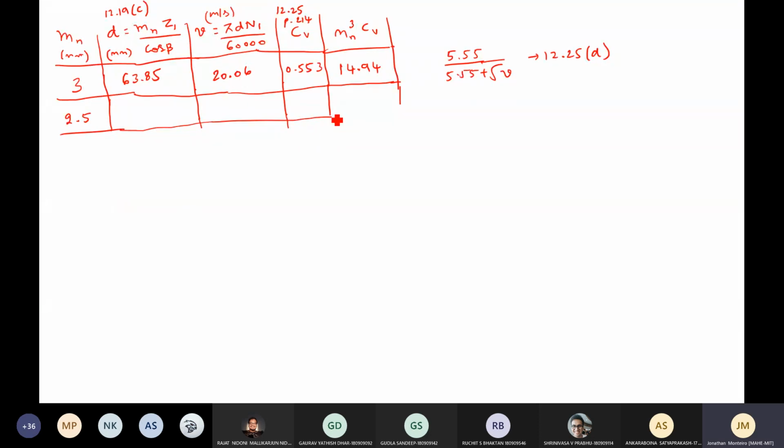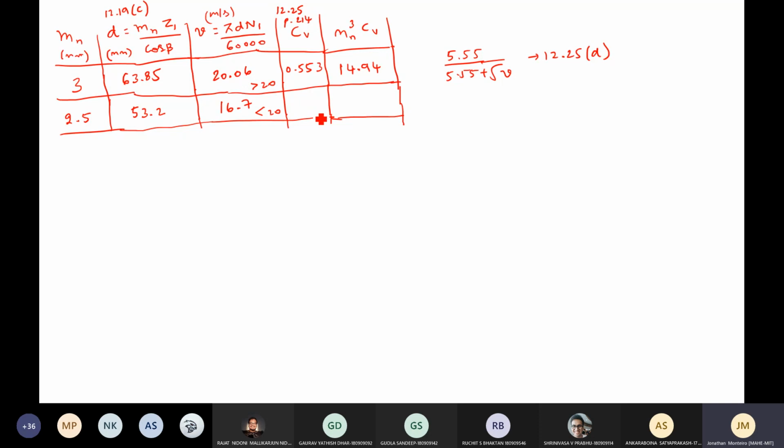You can prove it also. You do 2, then you will definitely know that it is not going to approach 9, not even 14, definitely not. It is not even going to approach the required value of 9. So if you use 2.5, then you will get around 53.2 over here. Then the velocity value will be 16.7. Since it is less than 20, this has become less than 20. This is more than 20 over here.